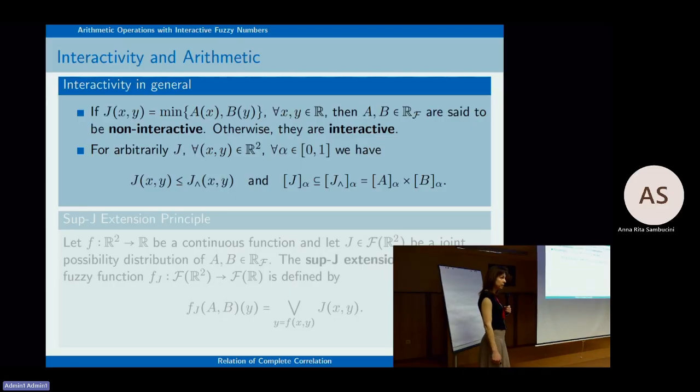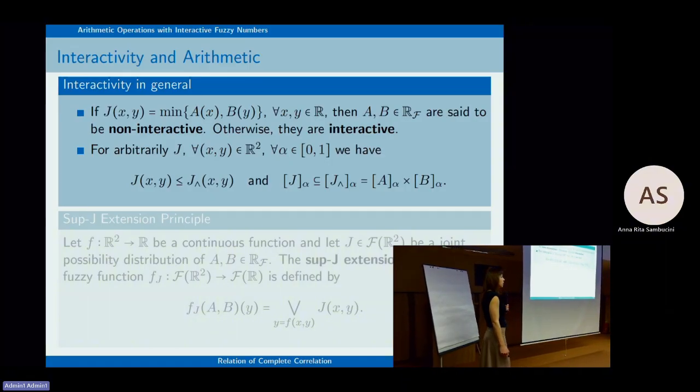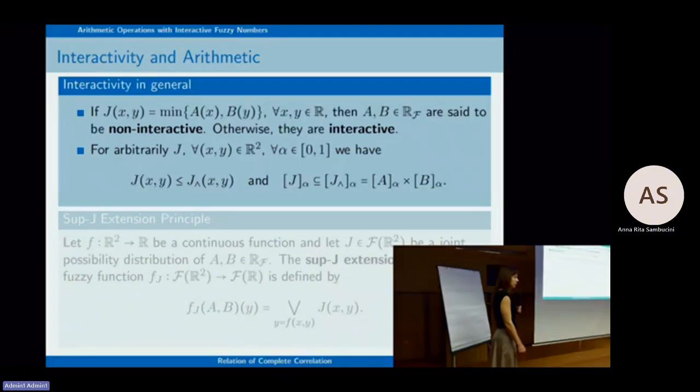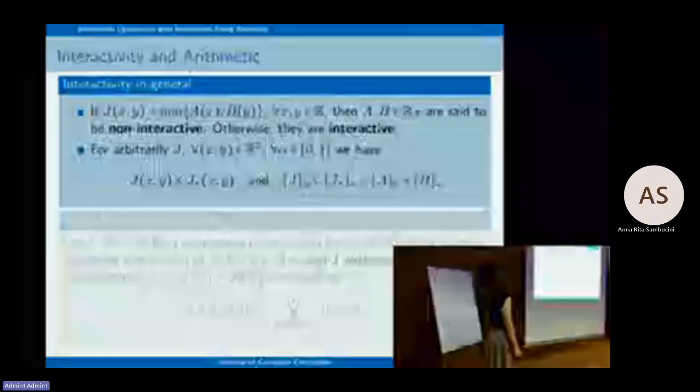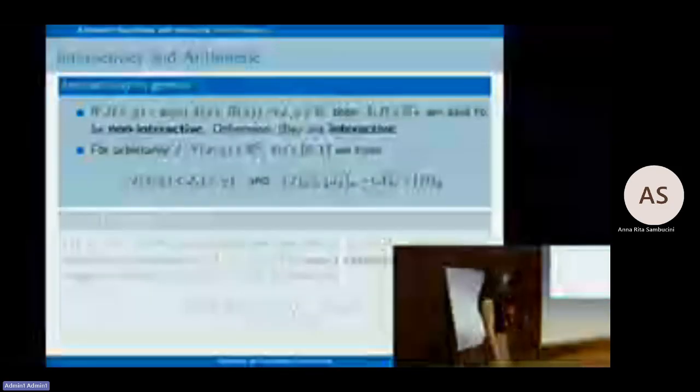I will mention that interactivity and non-interactivity was originally introduced by Zadeh, and then it was defined by joint possibility distribution, but I will not go into the details here. I will just mention that interactivity is defined in such a way that if the relation J is equal to the minimum T-norm, then we say it is non-interactive. Otherwise, they are interactive, and